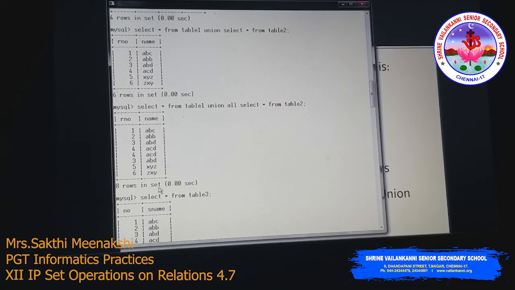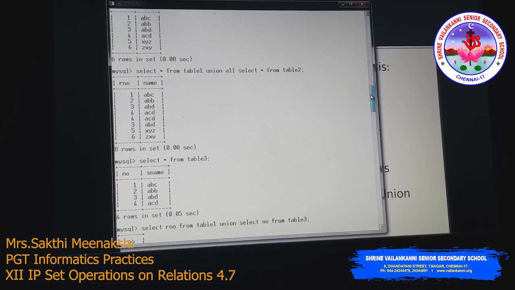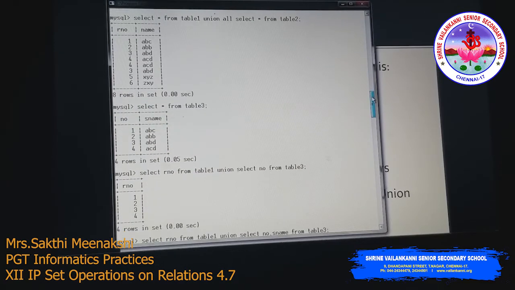Here I have one more table, called table 3. This table 3 has columns NO and SNAME, so the column names are different here. In table 1 I have a column called RNO, but in table 3 I have a column called NO, and instead of name I have SNAME, but we can still combine the result.